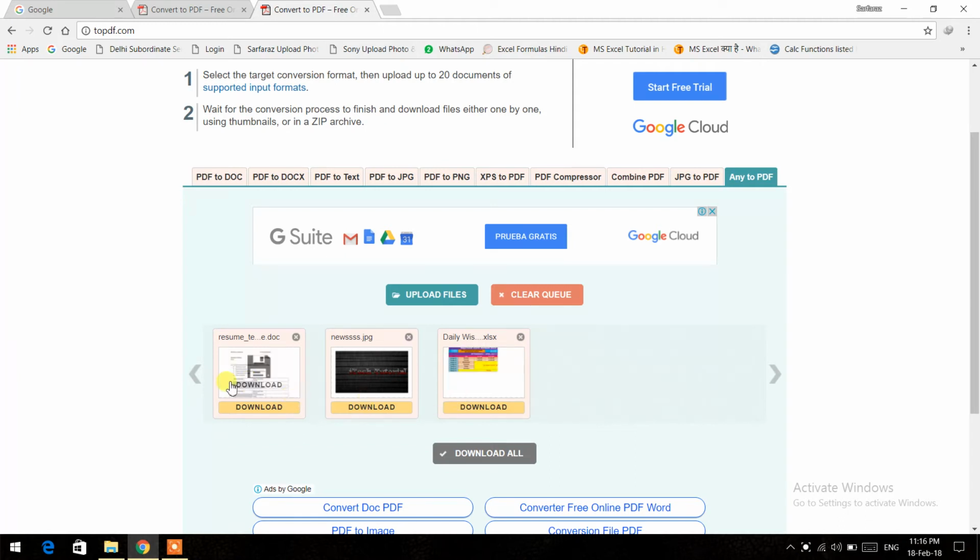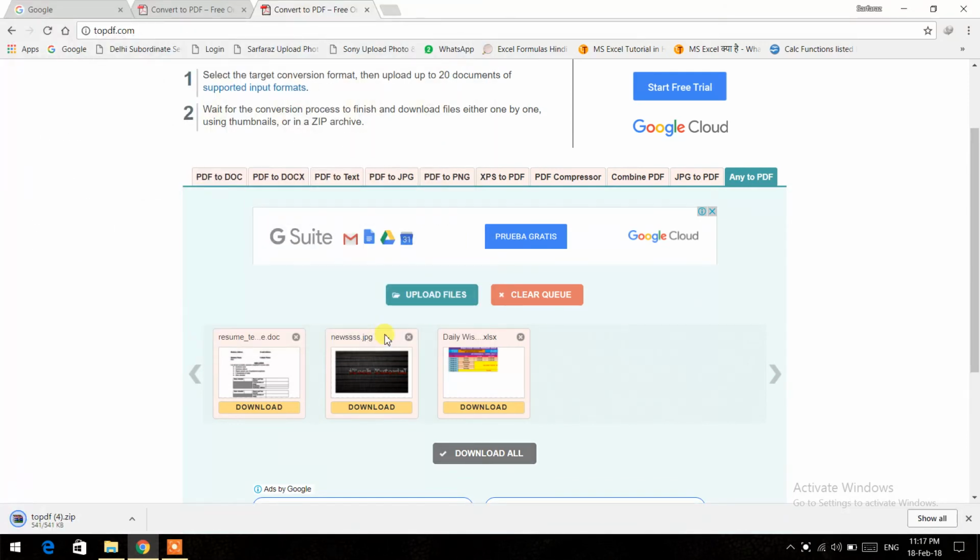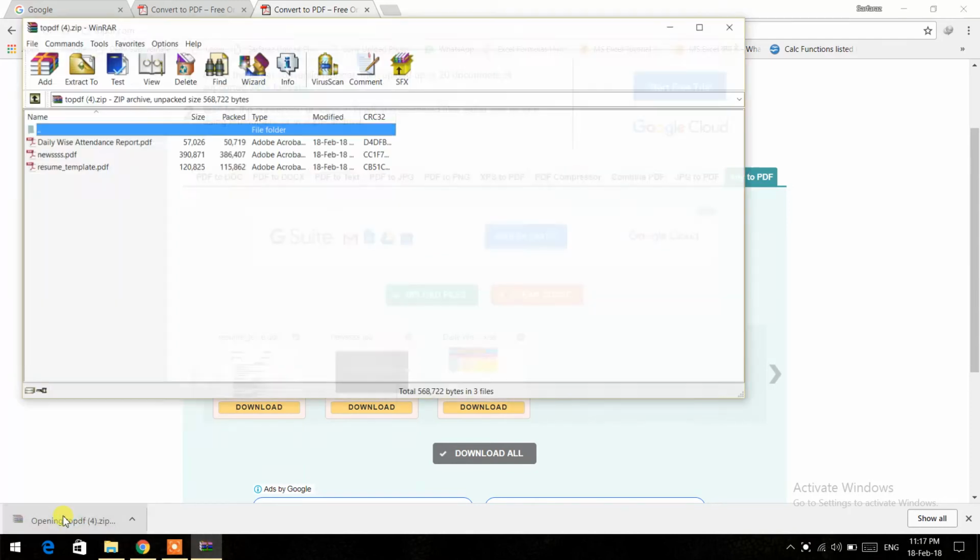So if you would like to convert all of them in just one click, you have to click download all. Or if you would like to convert them one by one, then you have to click the download button just below the file. So I'm going to click the download all button. When you click download all, the files will be converted into PDF, and it will be saved in zip file format. It's done. You have to open this file, you have to unzip the file,